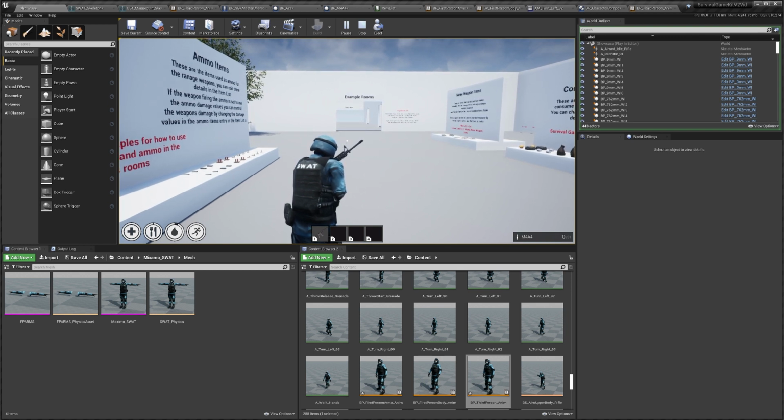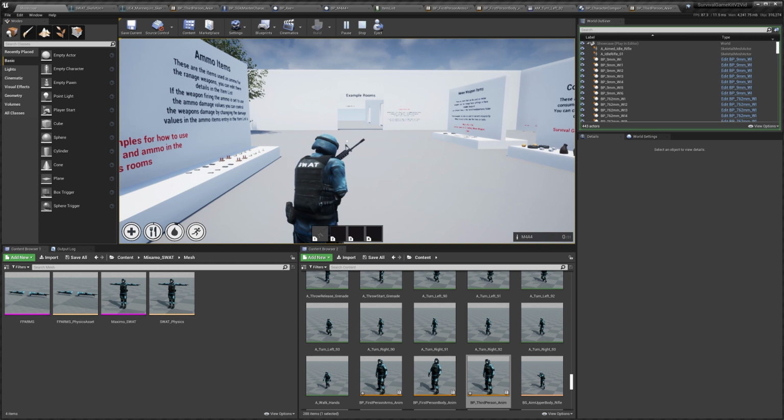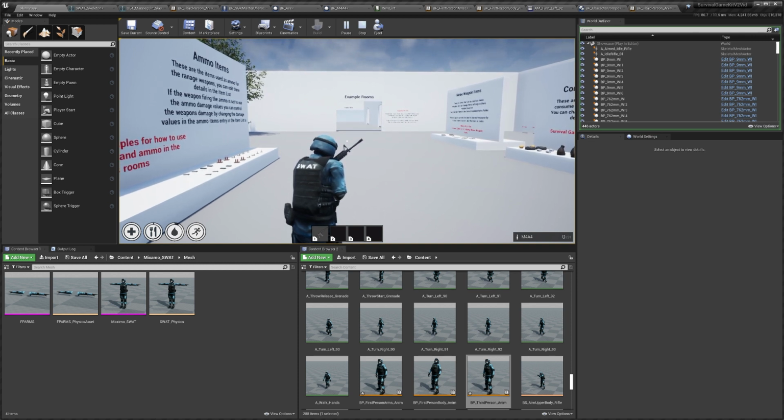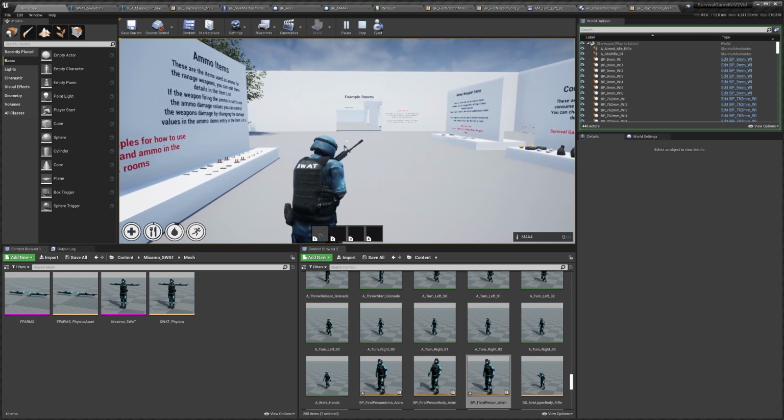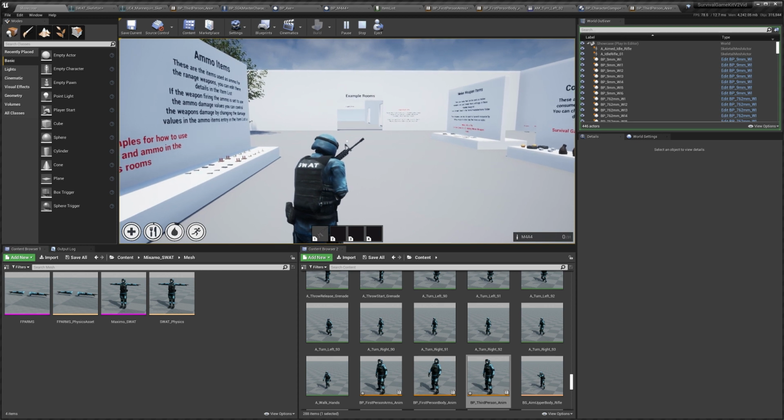I have a video on adding new ranged weapons where I go into a lot of detail about how to set this up. So I'm going to put the timestamps for the ranged weapon and for the melee weapon, so you can just go straight to the point in the video where I'm setting it up, and you can follow along with that to get your gun set up with your new character. The one thing I will say is,